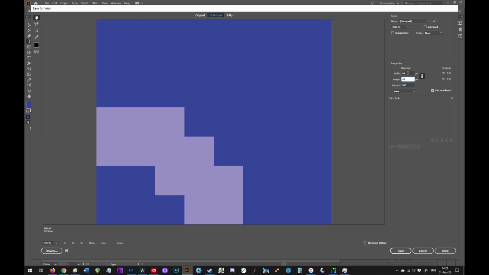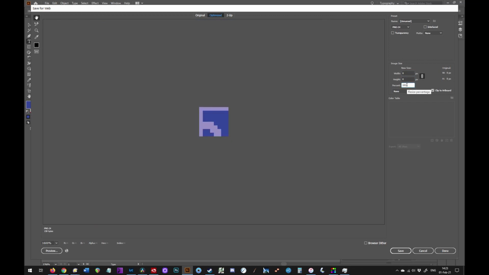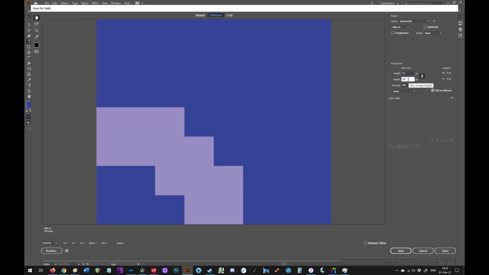Another thing to be aware of, I'll just put it back now to 8 so you can see it quite well, is that the export dialog here in Illustrator has often got the art optimized set as default, and that is trying to anti-alias the image, and the same with type optimized as well. It's trying to anti-alias the image, whether it's an art piece or a type piece. None is of course what we want, because we want to see nothing but those two colors in a finished image. So I'm going to save that as 64 by 64 pixels,